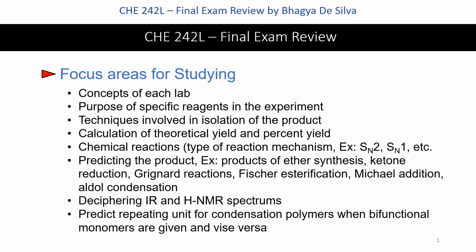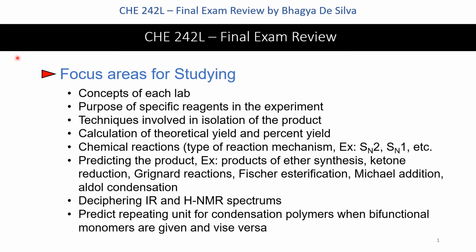Let's quickly look at the focus areas for study. Look over the concepts for each lab, the purpose of specific reagents used in an experiment. For example, we used 3 mol HCl in the Grignard reaction lab. The purpose of it was to specifically protonate the final product into an alcohol and get rid of any leftover magnesium. So those kind of reagents that we used in some of the experiments, make sure to note down the